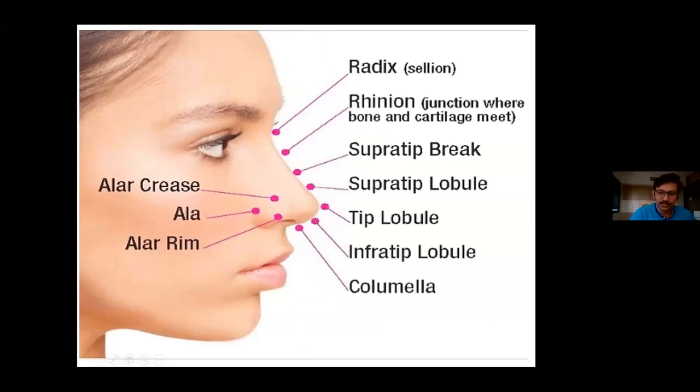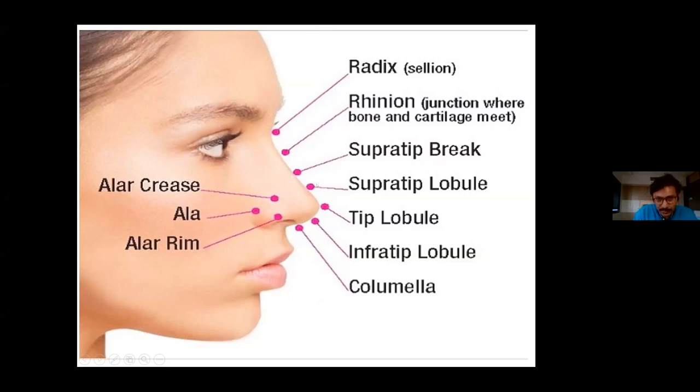So this is the radix point of the nose. The radix point generally starts from the upper eyelid crease. So this is the upper eyelid crease, and the point of the dorsum corresponding to this upper eyelid crease is the radix point of the nose, and here is the point where your nose should start from. Your planning should consist of a line that is drawn from this point to the ideal tip, and whatever is below this line, you have to augment it. Whatever is above this line, you may have to reduce it. Now coming to the definitions of the tip, this is the tip lobule.